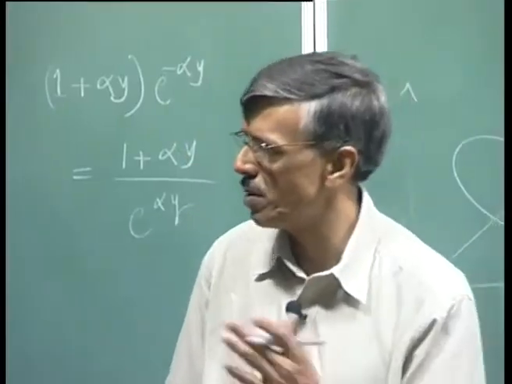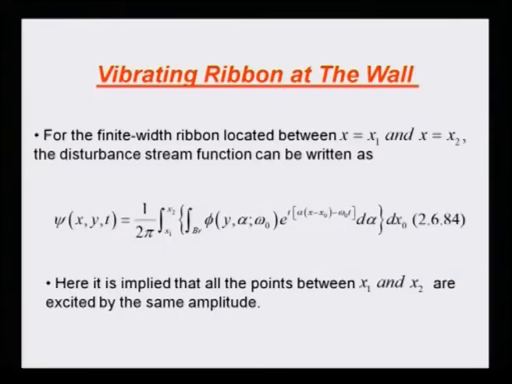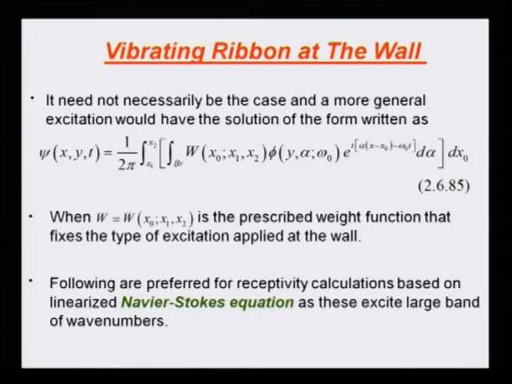So people use different kinds of boundary conditions, excitation, for the solution of the Navier-Stokes equation, which we will show. But as far as analytical solution or numerical solution via the Orr-Sommerfeld equation is concerned, this should be okay, because we should be able to do it. What will happen though? You are going to get solutions